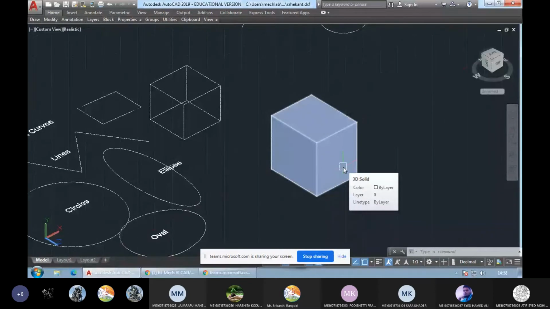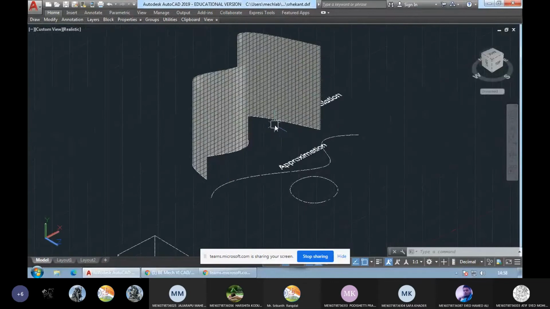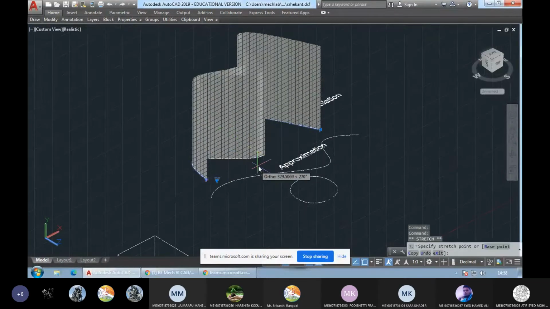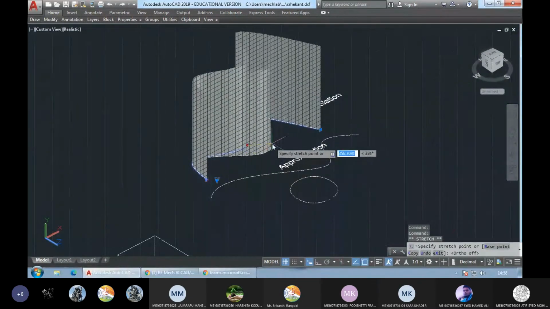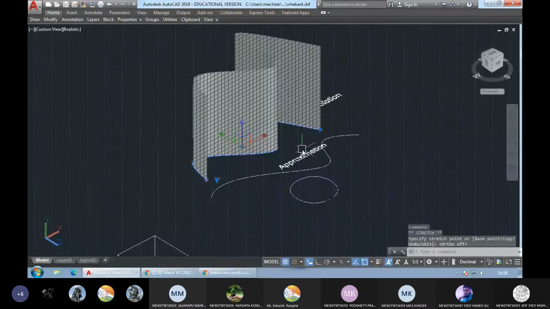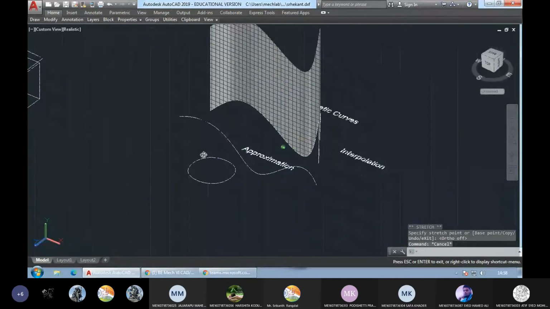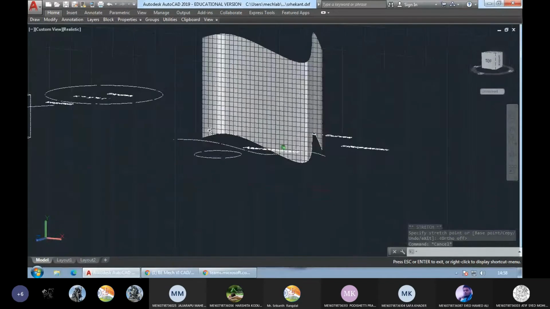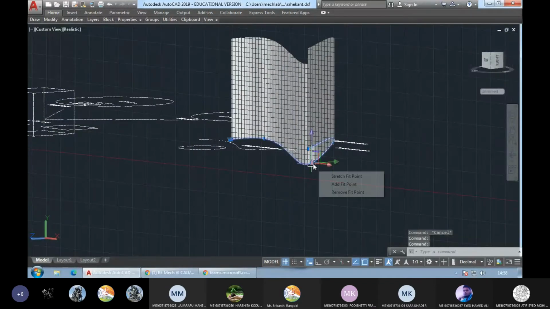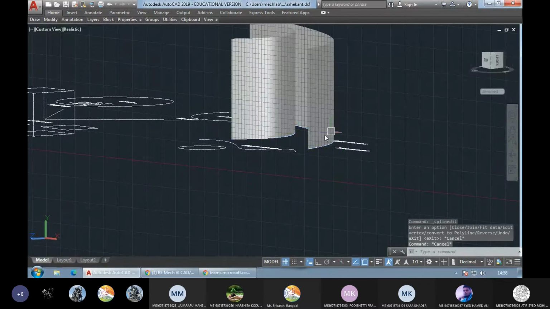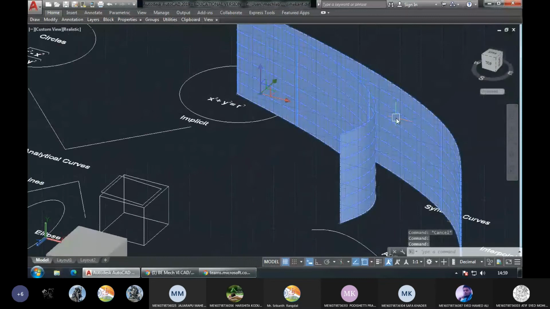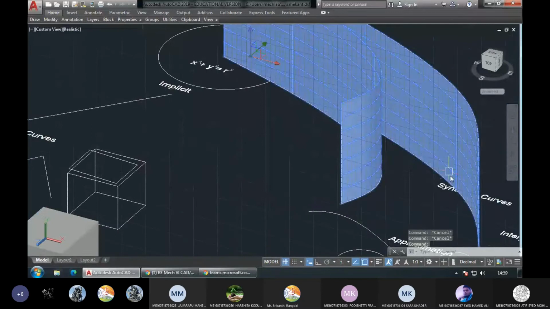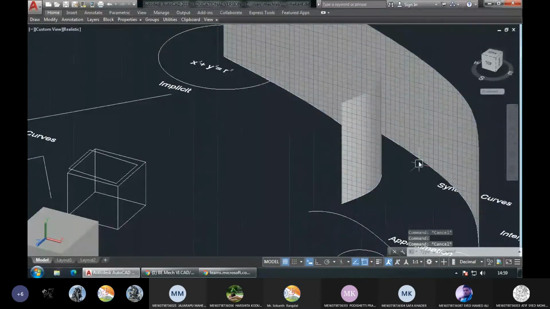Whereas when it comes to surfaces like this, it is different. You can see here when I'm changing the curve, the surface is also changing along with it, isn't it? This is what makes it a synthetic surface. Now this particular synthetic surface has the same cross section from bottom to top.